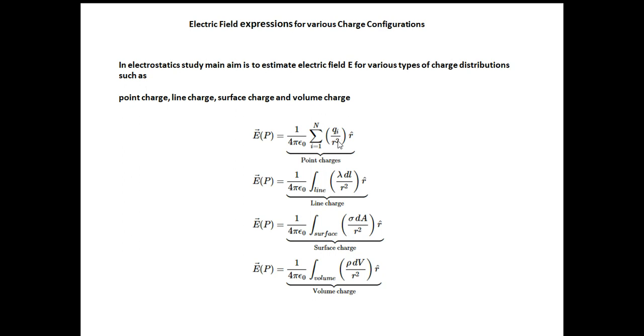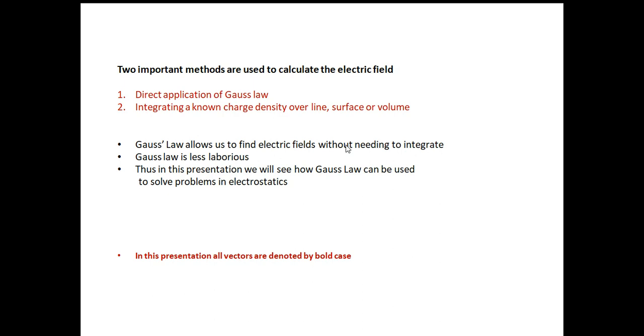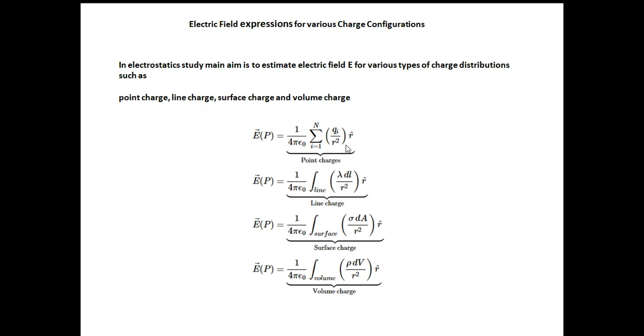summation i going from 1 to n, qi upon r squared r cap, where this is a unit vector. Now i means, like in the earlier example we had seen there were three charges. So if three charges are there, this will be 3. Then